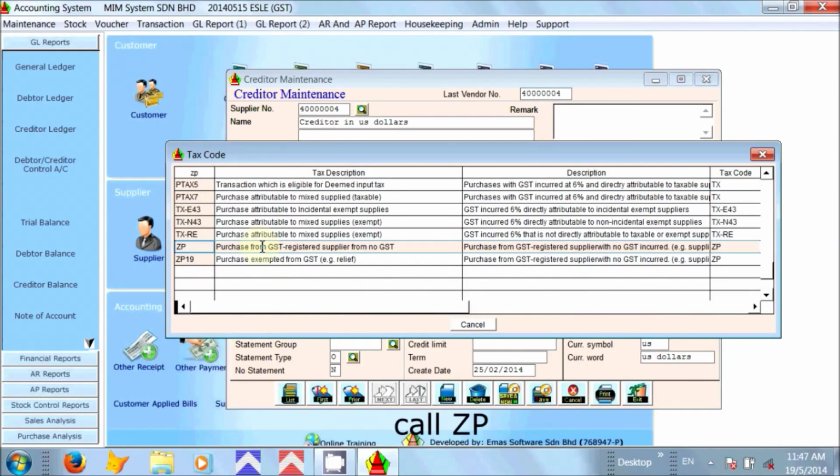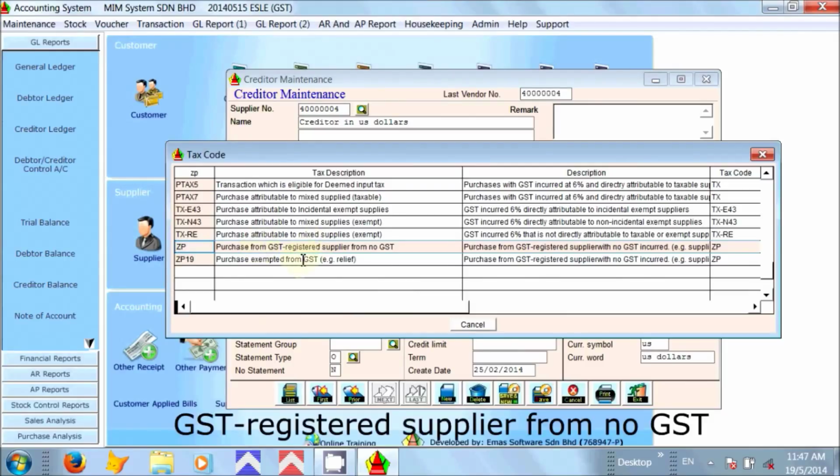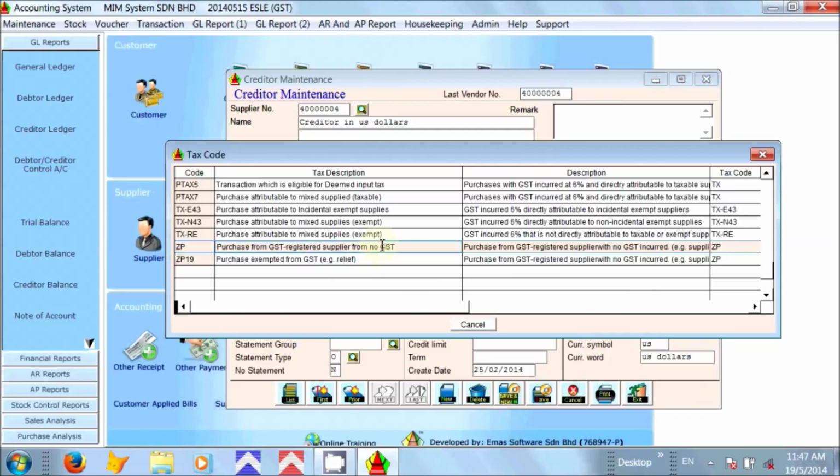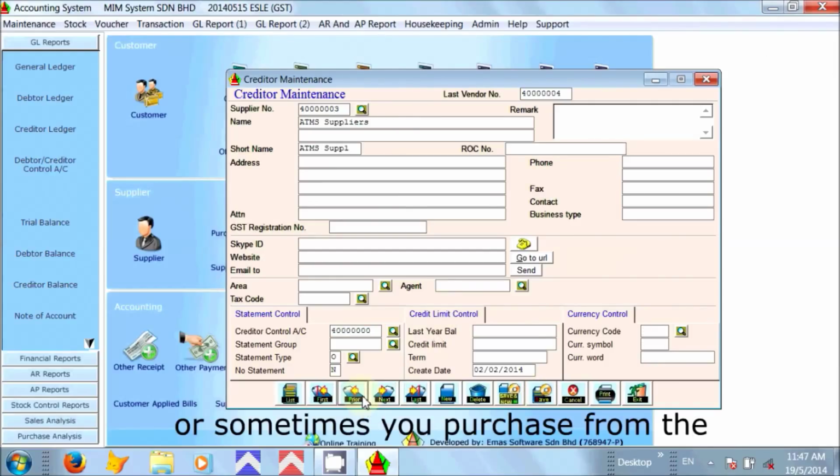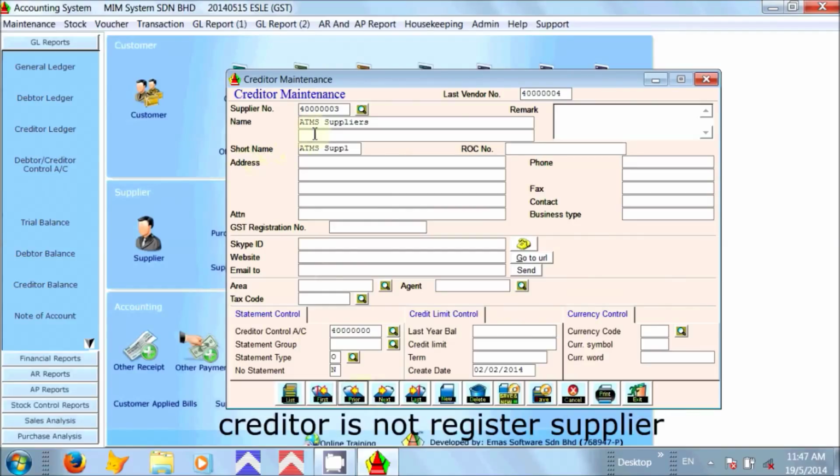For ZP, purchase from GST registered supplier with no GST. Or sometimes the purchase from the creditor is a non-registered supplier, so you can